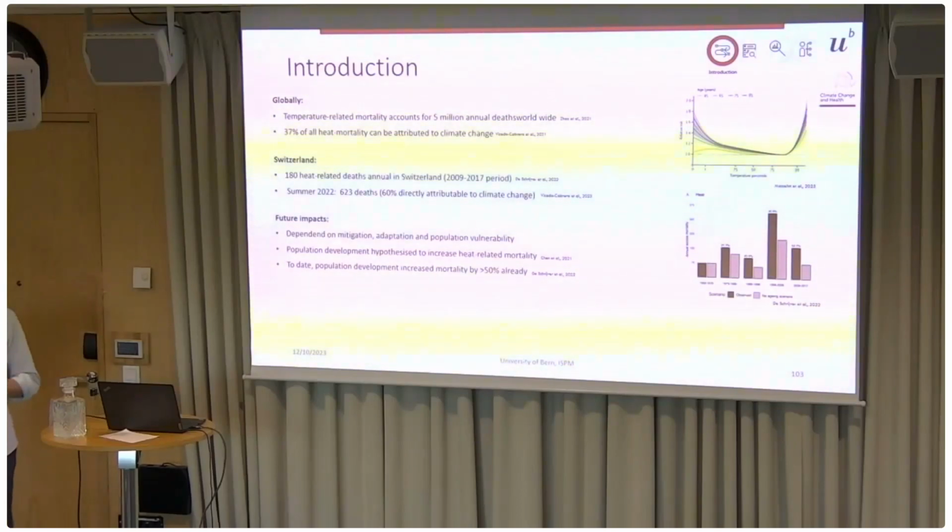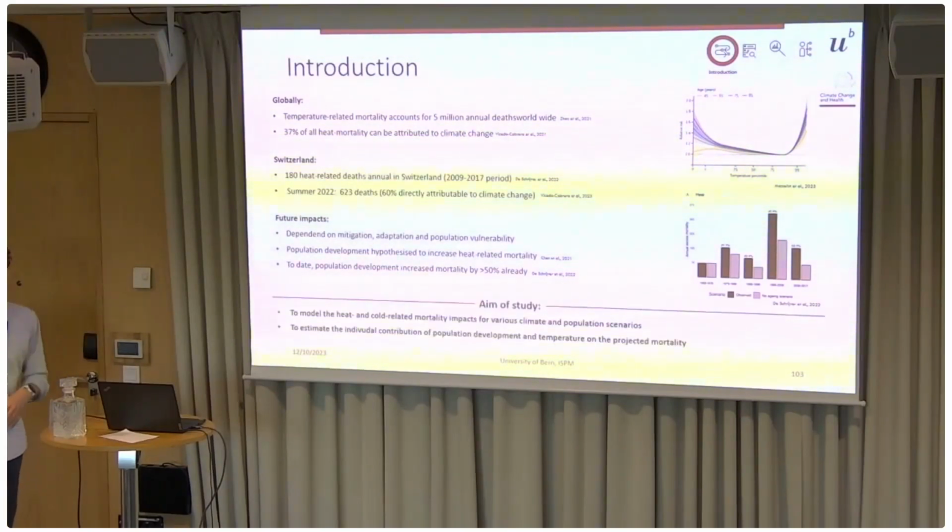Now, in a retrospective study in Switzerland, we've done this sort of analysis in a previous paper, and we found that over the past 50 years, 50% of the increase in heat-related mortality could actually be attributed to the increase in population vulnerability and population aging. So if we have done this in the past, and we can see in the past that this is such a huge contributor, what would this look like in the future then?